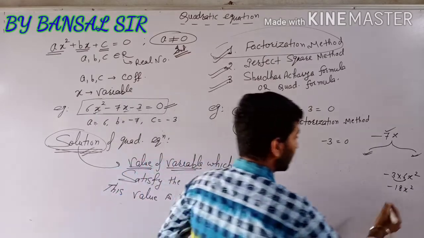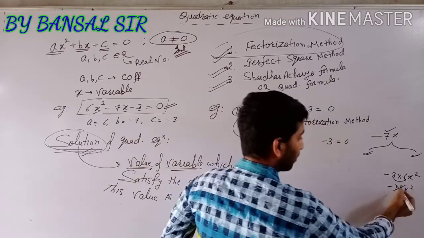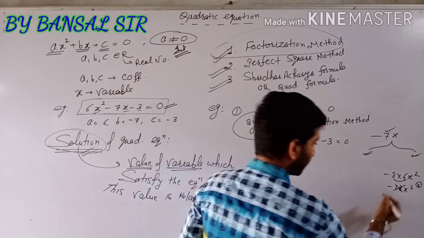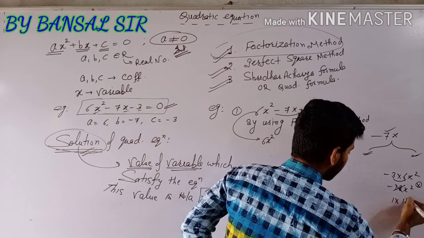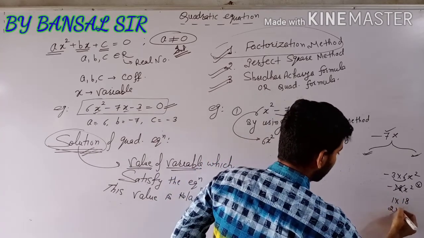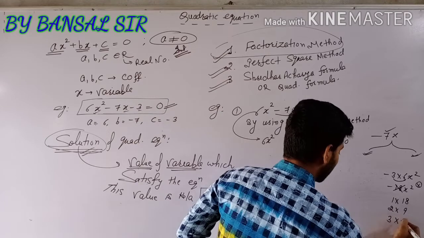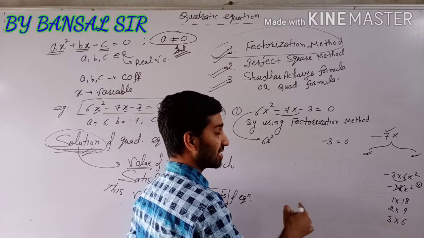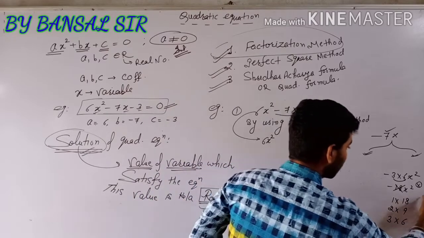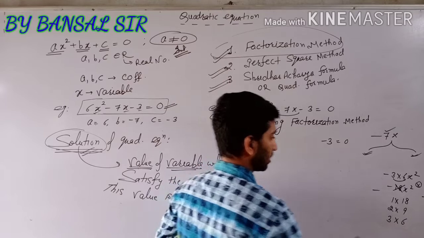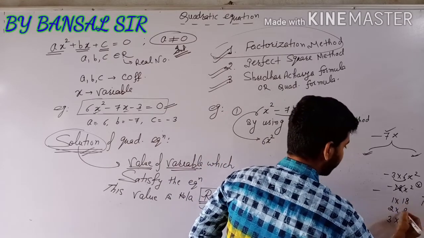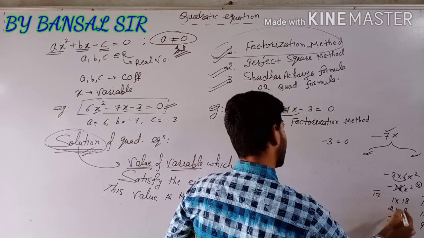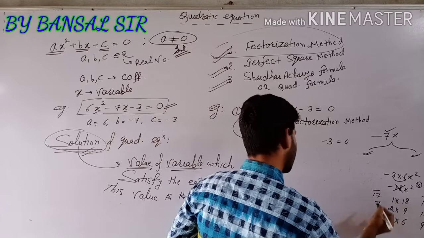So here we have a short way to find, because we have to find two numbers whose product is 18, negative. So two numbers: 1 times 18; in 2 table, 2 times 9 is 18; in 3 table, 3 times 6 is 18; in 4 table 18 does not come; in 5 table not; in 6 table 6 times 3 is 18, which repeats. One will be plus and one minus, so take the difference: 18 plus 1 is 19, 9 plus 2 is 11, 6 plus 3 is 9; 18 minus 1 is 17, 9 minus 2 is 7, 6 minus 3 is 3.